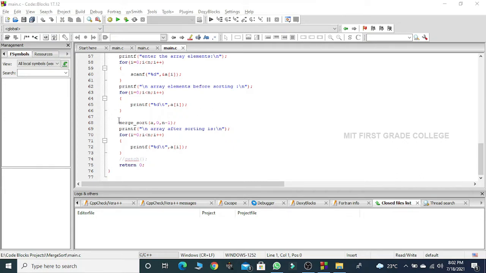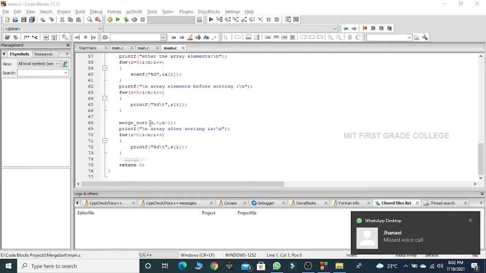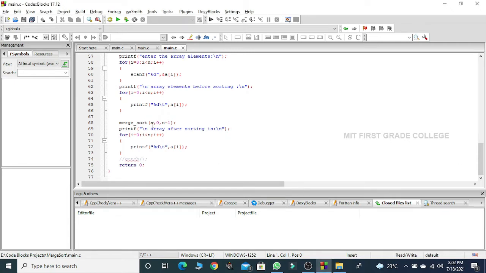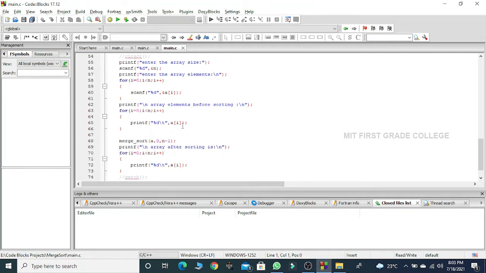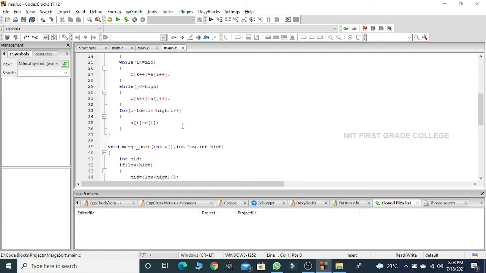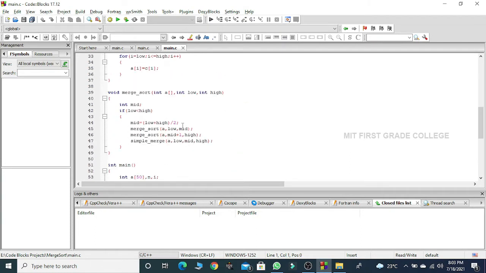Afterwards I'll be calling the merge sort function, where I am passing the array a, the starting position 0, and n minus 1 as arguments. So once merge sort is called, I come to this function.